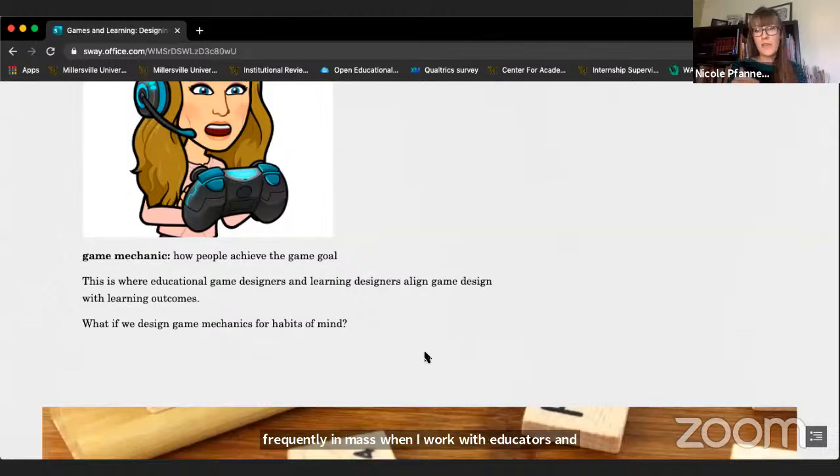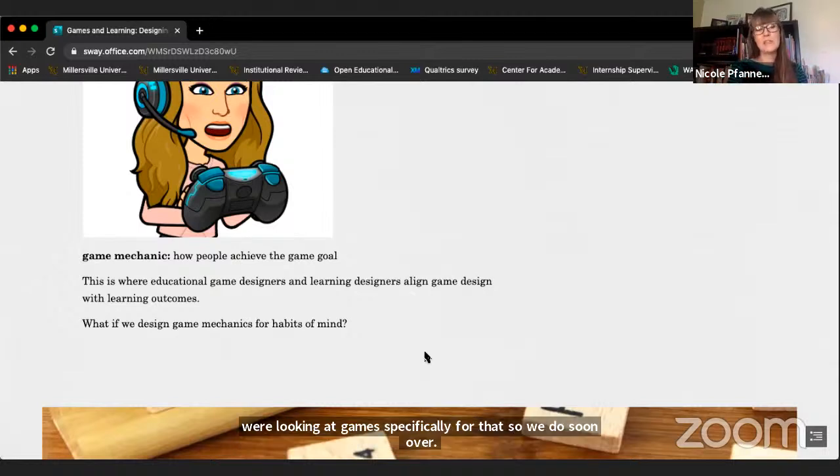There's a really great book that is included on the annotated bibliography list called Resonant Games, and they worked with a lot of STEM teachers in K-12 in the Massachusetts area, and they also worked with some math teachers, and they were looking at games specifically for that. So we do see an